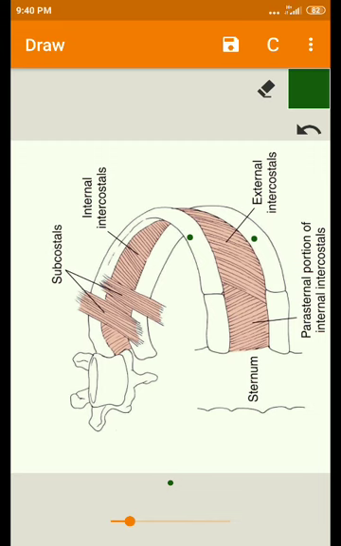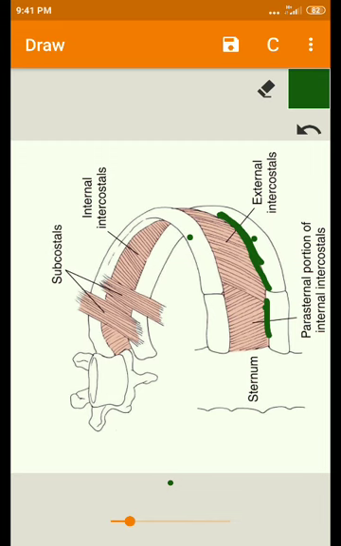The intercostal muscles connect adjacent ribs and are termed internal as well as external intercostalis depending upon their anatomic orientation. Okay. Both sets of intercostal muscles are attached to the lower margins of the first 11 ribs and also the costal cartilages. Okay, so all these muscles are getting attached to the